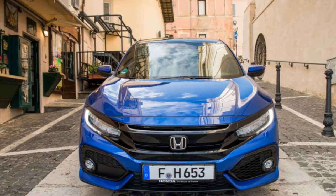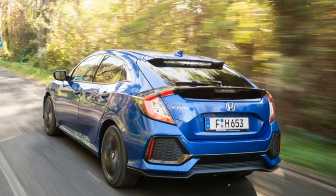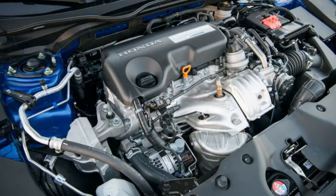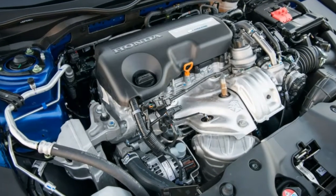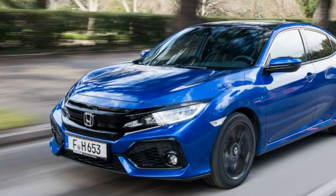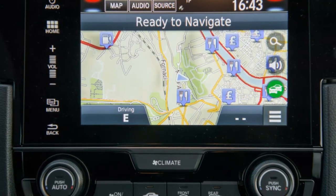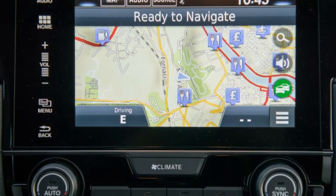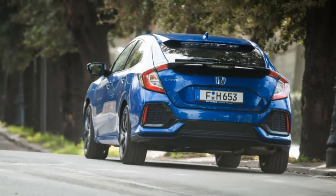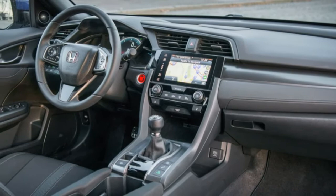More notable is that the Civic is already able to pass the stringent new Euro 6D-temp emissions standard, a year ahead of its implementation. That standard uses real-world testing to ensure emissions of NOx and particulates don't go over 2.1 times the permitted laboratory values during normal use. For reference, a report from 2015 suggested that some diesels emit up to 14 times their official NOx levels on the road. Honda has managed to achieve this goal without the added cost or complexity of